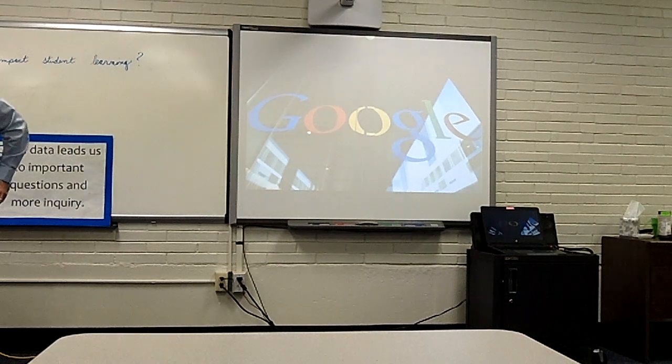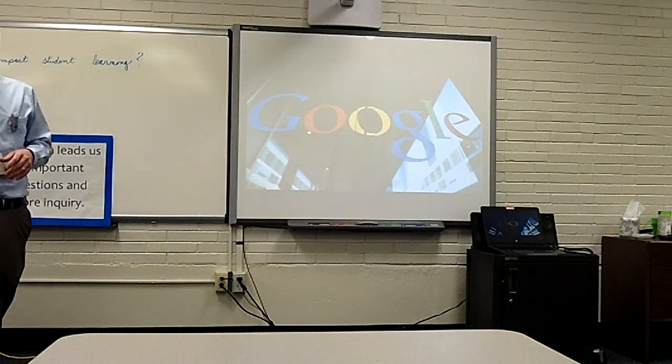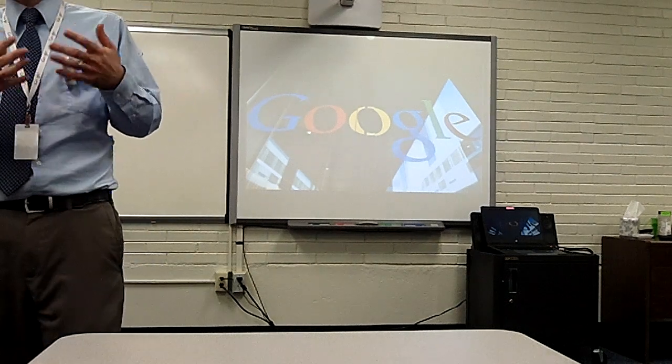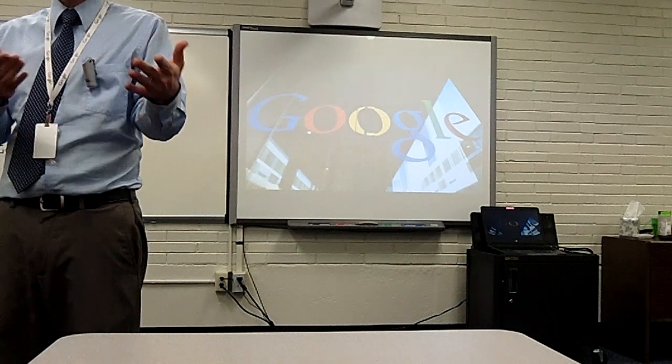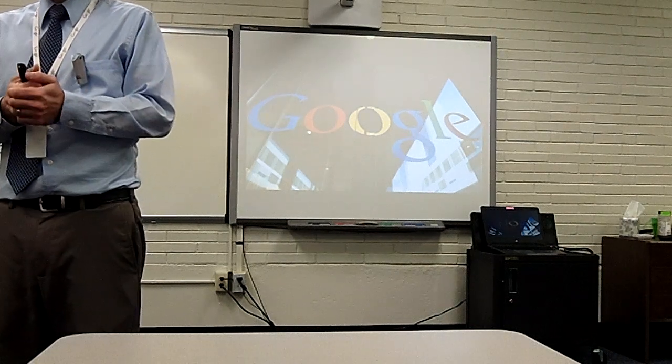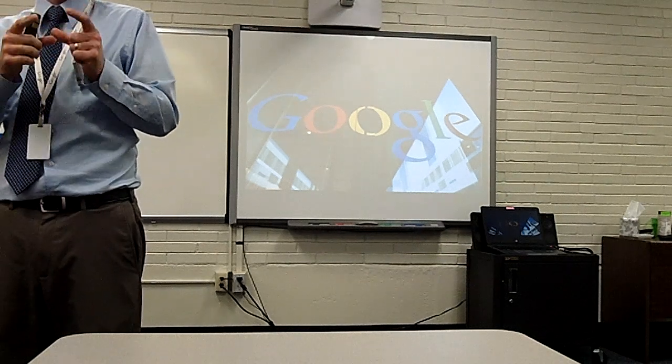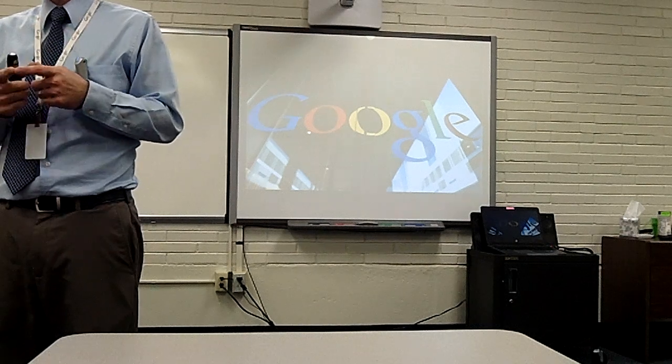So we all know Google, obviously. Massive company. Google, if you didn't know, has 60,000 employees. I mean, Parkway's big. We've got like 3,000, right? They've got 60,000 employees. They've got over 200 teams working on different things at any one time. Besides being a big search company and technology company, they do a lot of research to try to figure out what in the world is going on. One of the questions they asked is, what makes some of our 200 teams work better than others?